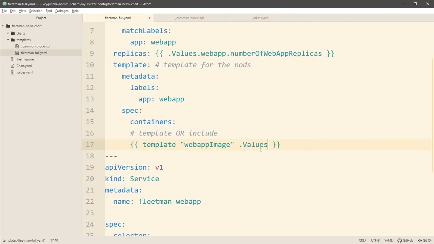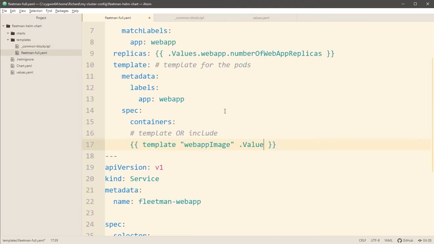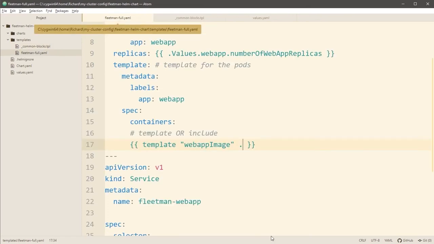We could in theory say the top level is going to be .values, and then in this block, we wouldn't need the .values in front of all of the values. Now, if that's confusing to you, don't worry. We can always just specify just a dot here, and then in your name templates, just always work from the top level. I think this is an instance of where they've overcomplicated things, and in practice, people don't really use that feature very much. Hope that makes sense. Let's see if this works.